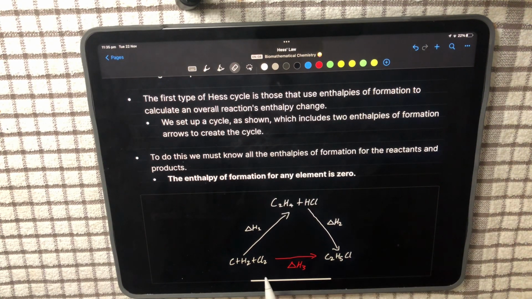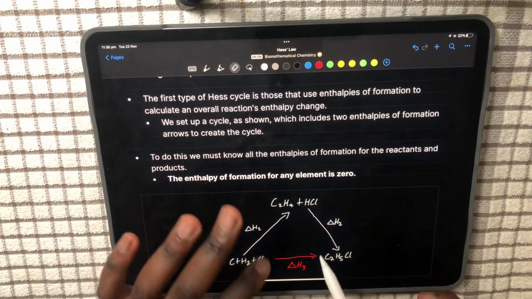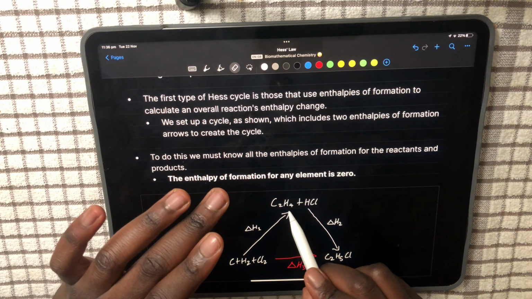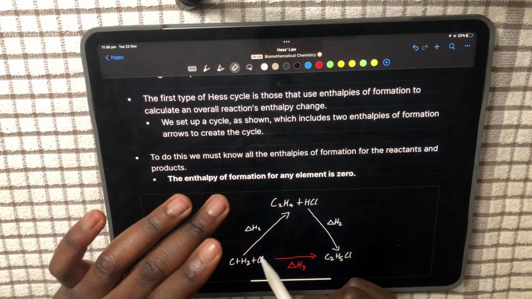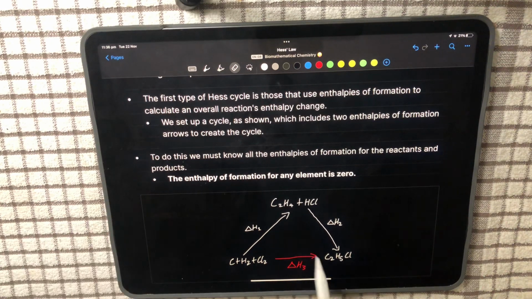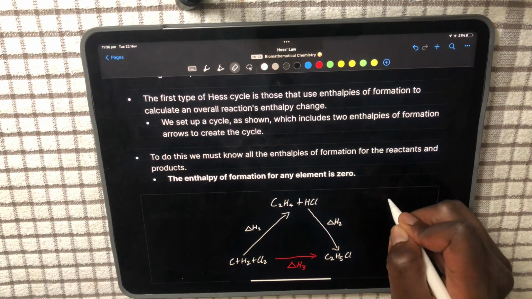But this is an example, right? So if they wanted to go from your elements to your reactants to your products, usually it'll be kind of flipped. You have your elements here, your reactants here, and then your products. So it wouldn't be just this perfect arrow circle here. It would be more like, for example,